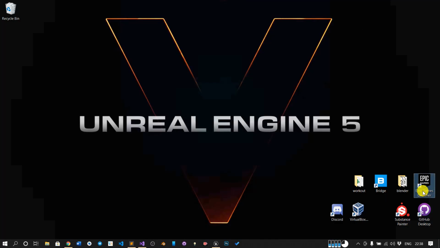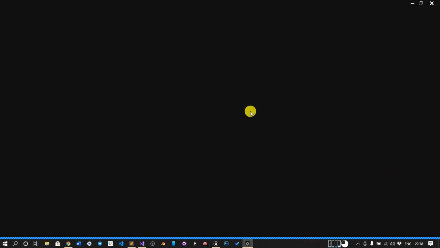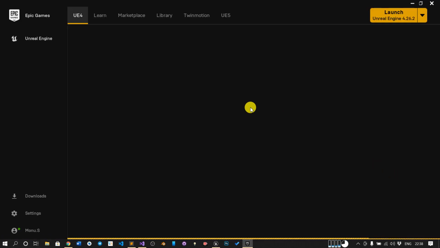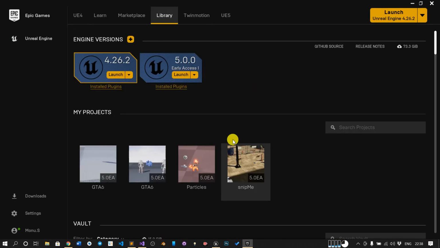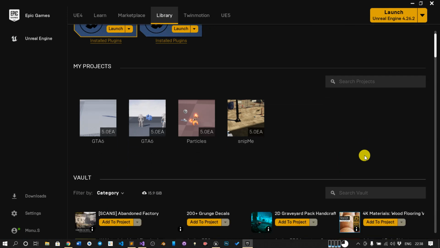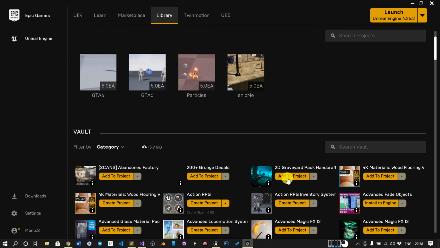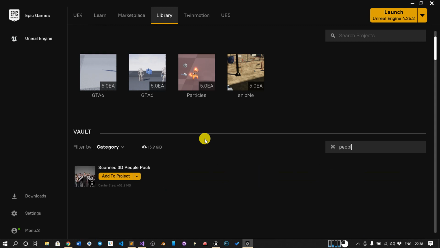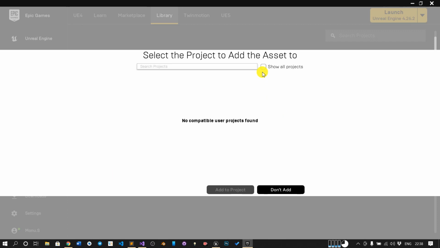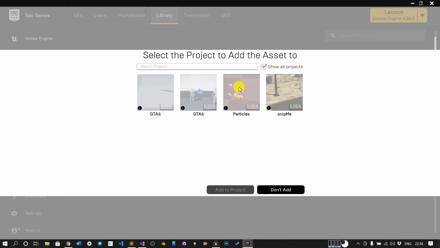First, what you have to do, just go to Epic Game Launcher and search for Scan People. It was free before. I don't know about it now, but you can use any character. It is not compulsory to use these only. So just search for people. So these are the scanned 3D people. These are not yet for Unreal 5. So just check this button, and